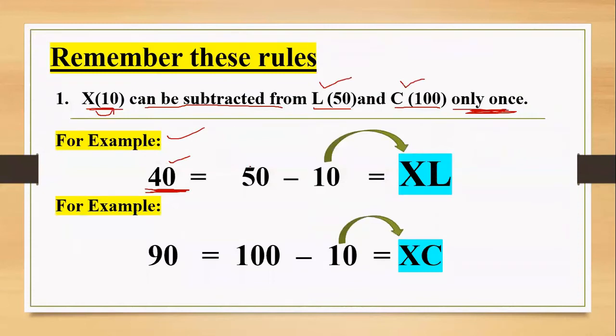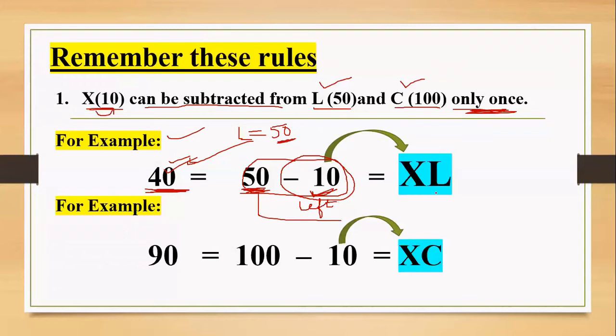L was 50, and now you have to make it 40. What do you have to subtract from 50 so that you will get 40? It would be 10 only. So 50 minus 10 will be 40. I told you in the previous class, whenever you are subtracting, children, that number symbol will come on the left side. So it means you have to write 50 on the right side.